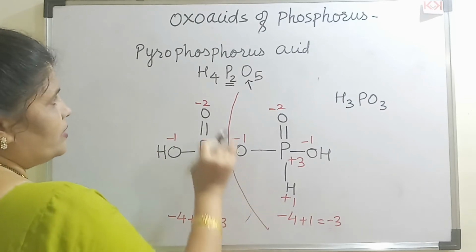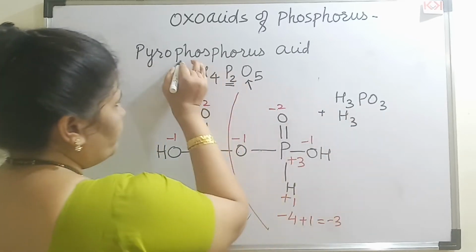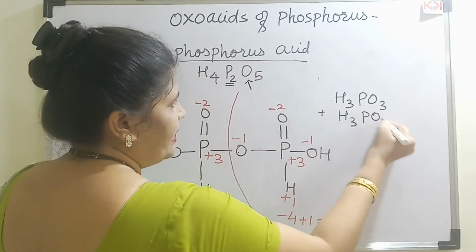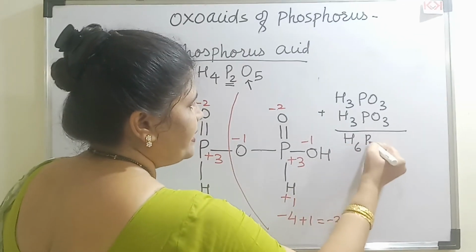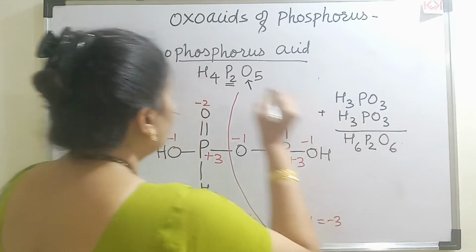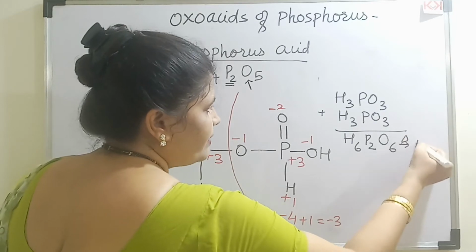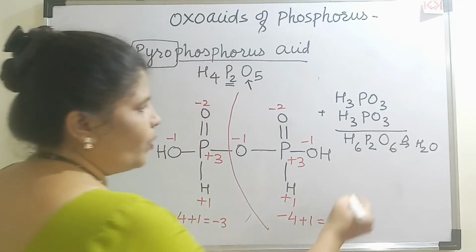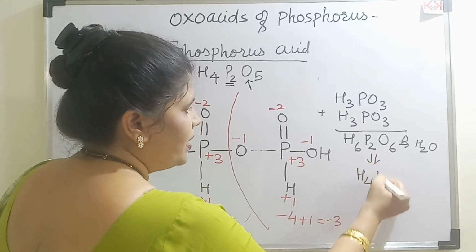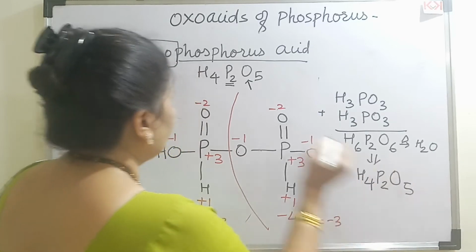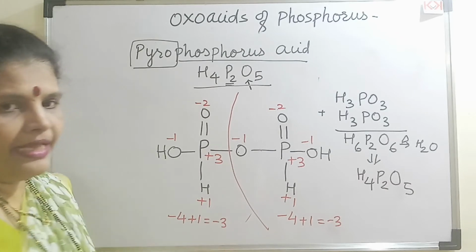Now what you have to do, to find this formula, is add one more molecule of the same, that is phosphorus acid here. So I will get H3PO3. Make a total of this, you will get H6P2O6. And then what is the meaning of pyro? Pyro is heat. When you heat this, what will be released is water. So when water is released, what will you get, students? 2 hydrogen gone. So you will get H4P2O5. That is what you get here. This is pyrophosphorus acid. So let us see the next example.